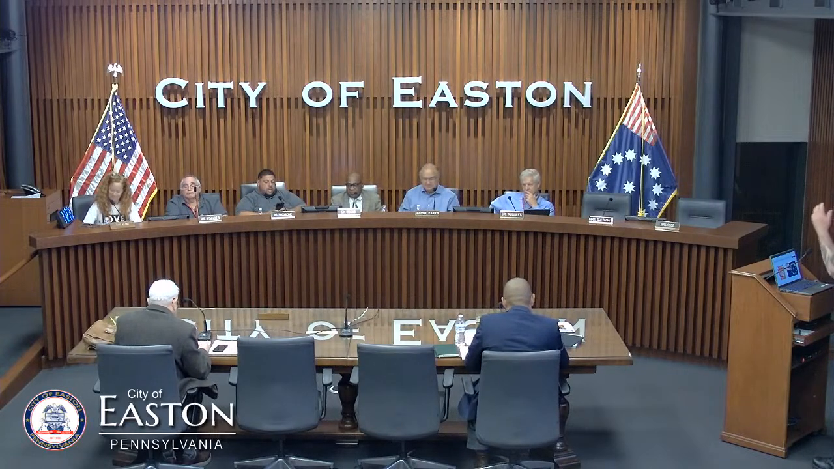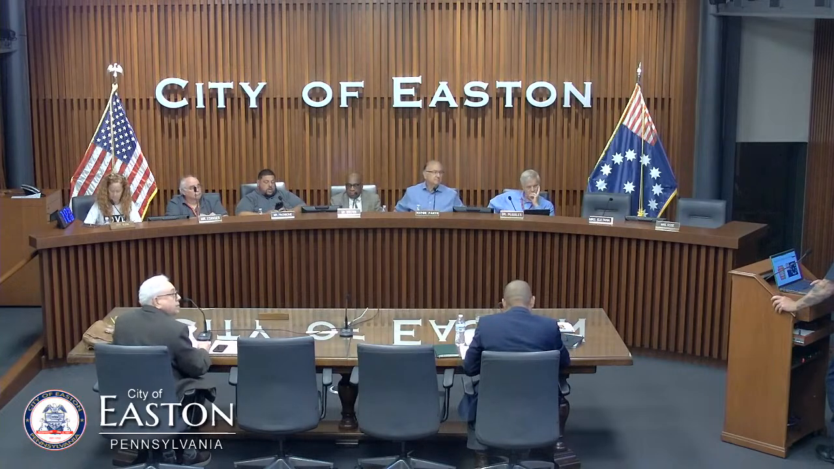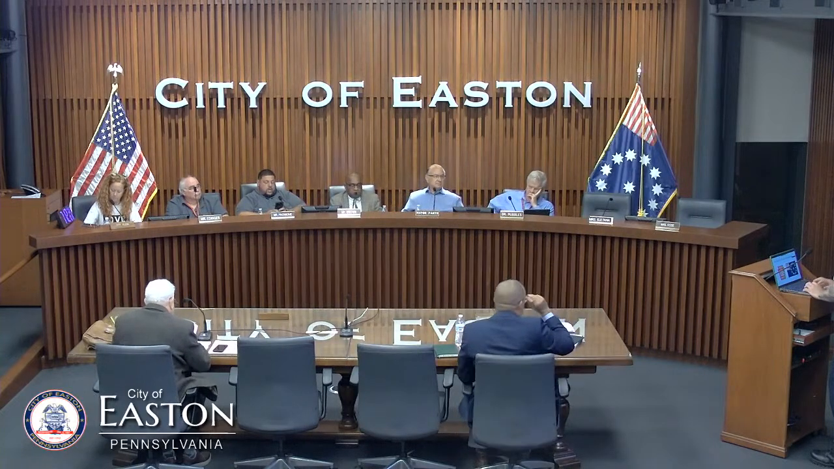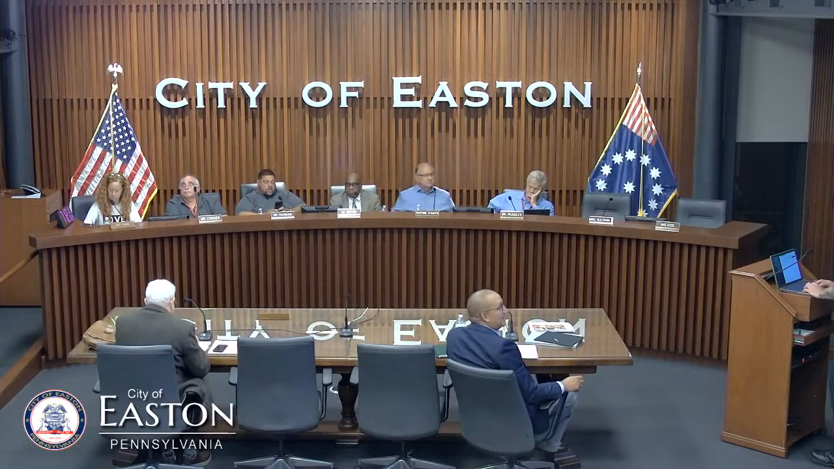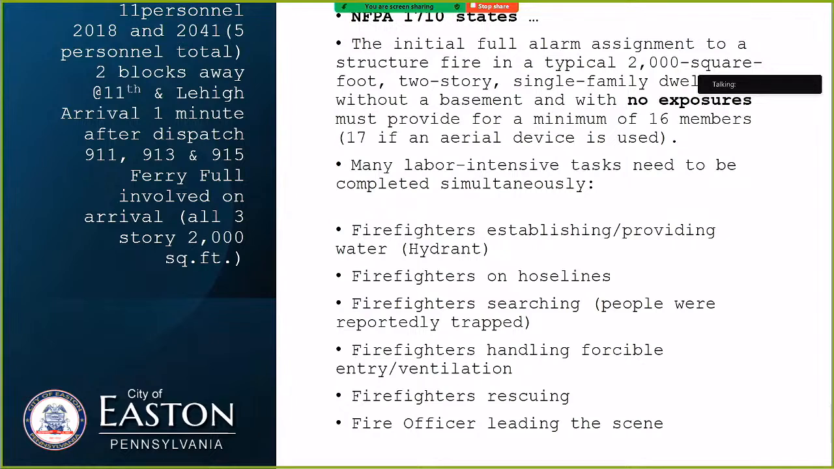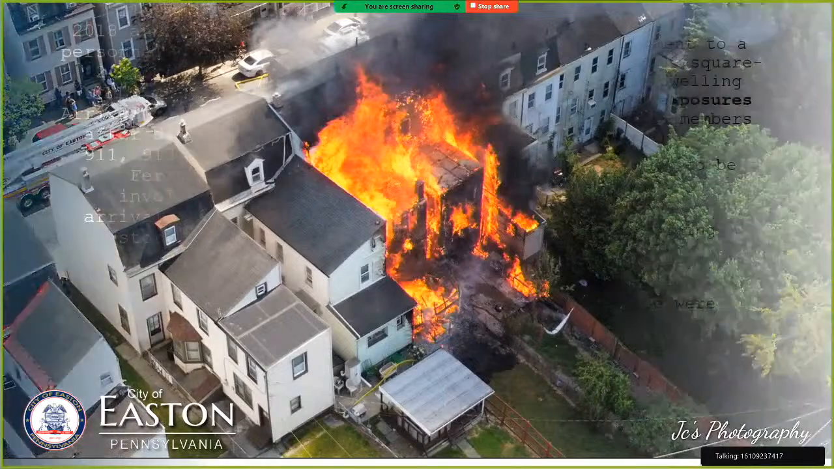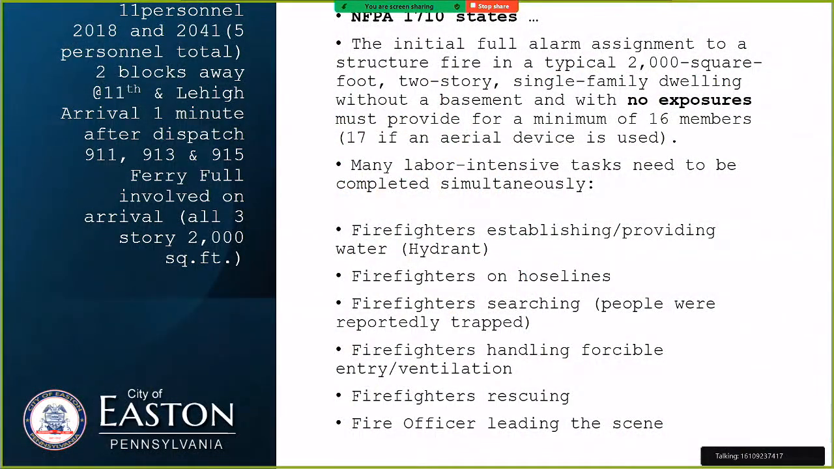Okay, so Ferry Street fire, and the end result was the multi-agency resource center. All right. So for Councilwoman Rose and Councilman Pittibone, who were not on council at the time, I'm just going to cover a couple of things so they understand what actually took place before we get deep into the other stuff. So, on-duty personnel was 11 that day. 2018 and 2041 were on an EMS call 2 blocks away at 11th and Lehigh. They arrived on scene within a minute, and on arrival, 911, 913, and 915 Ferry were